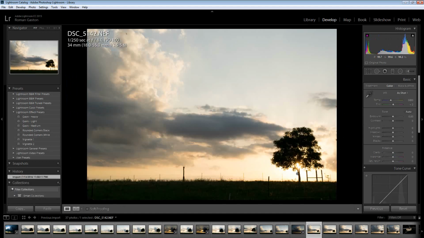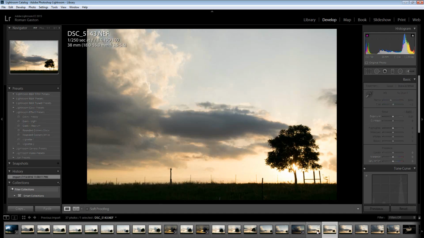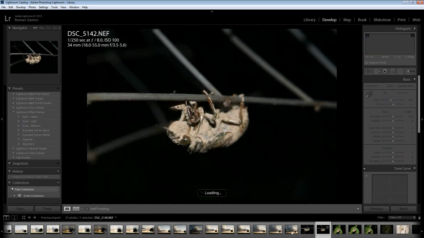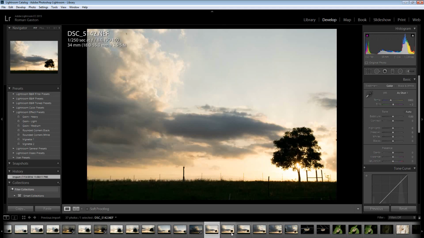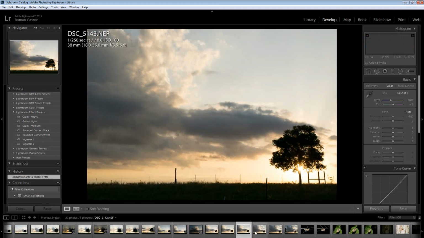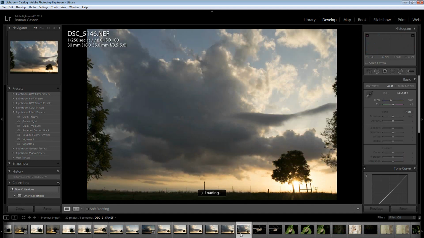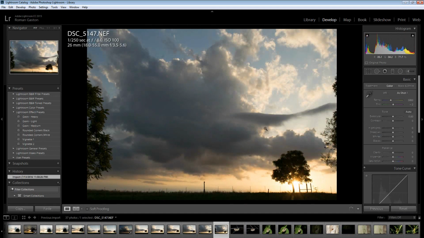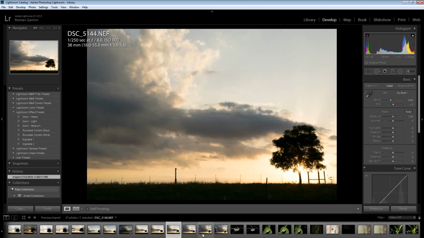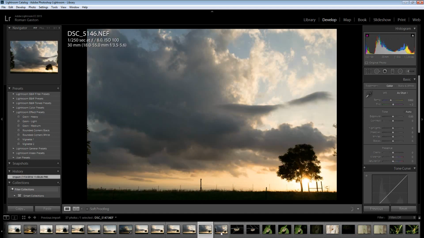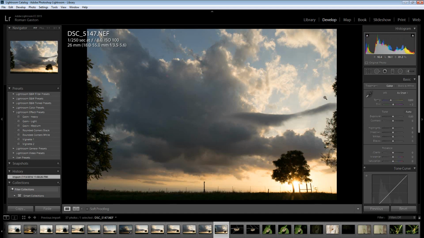Eventually the sun did start to go down behind the tree, and I wanted to capture it kind of nested in the tree. Let's see, that's way too far over. It's a nasty little bug that I found climbing around. I think it's a cicada. I'm not sure. Anyways, and then this little thing popped up for some reason. Not entirely sure what formed it, but